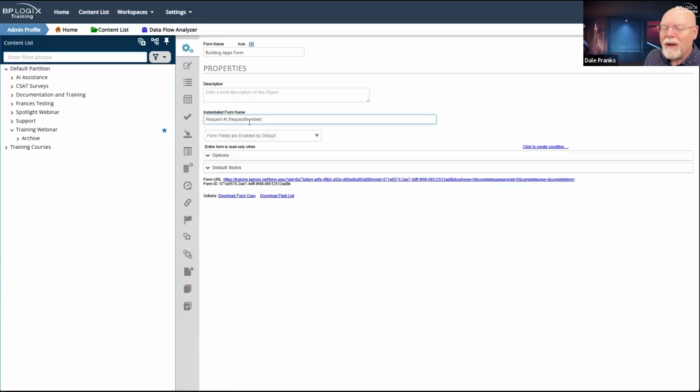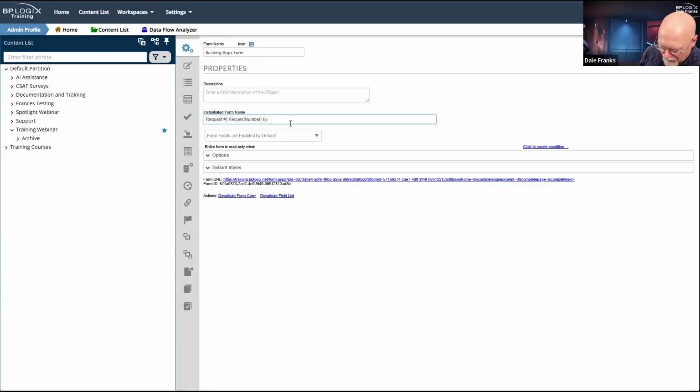I do a lot of different versions of this. Sometimes I use REQNO for request number, or request NO for a request number. I'm going to go ahead and give it the full field name this time so that we know exactly what that field is. So it's going to be request number, whatever the number happens to be, whenever we create whatever numbering scheme that we're going to create to uniquely identify each form by,